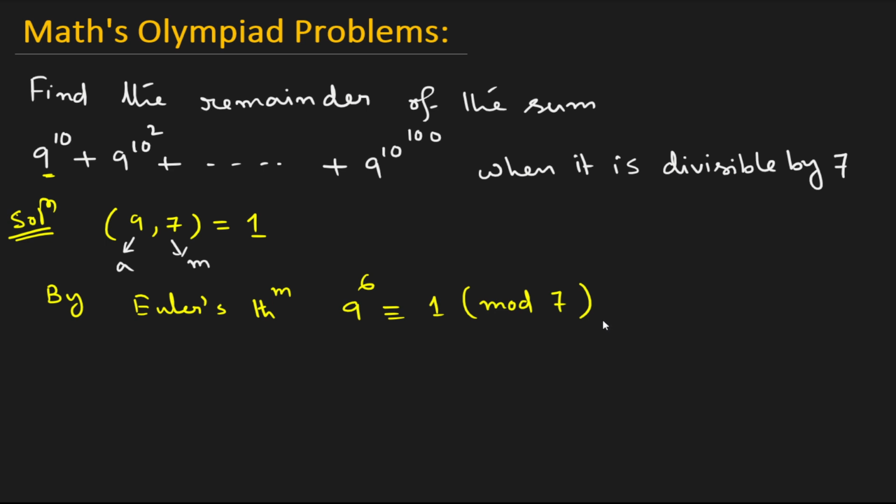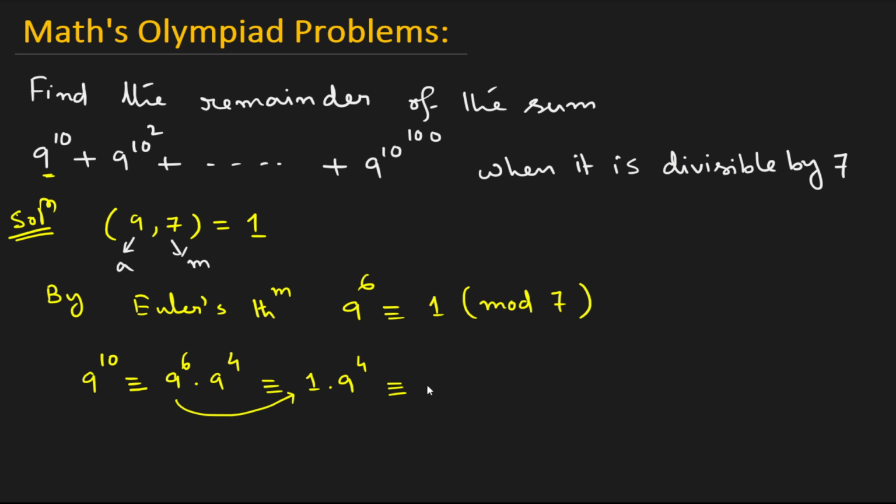Okay. This result we can use. Now what is the first term? 9 to the power 10. So 9 to the power 10 is congruent to... We already have that 9 to the power 6 is how much? 1. So this 9 to the power 10 we can write as 9 to the power 6 times 9 to the power 4. If we divide 9 to the power 6 by 7, what will we get? 1. So 9 to the power 6 becomes 1, and then 9 to the power 4 is congruent to,